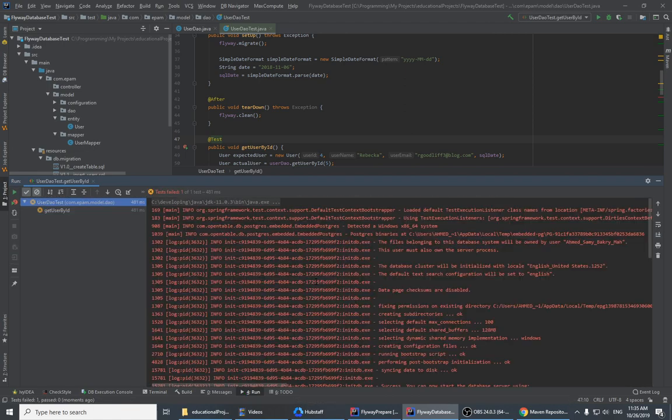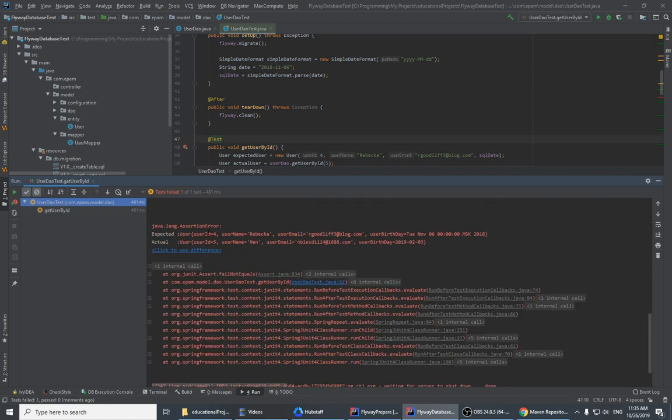Oh, test fail. Now I need to check why my test failed. Expected user ID is number 4, but actual user ID is number 5. Also, the name is not the right name between them. So nothing is correct here. Nothing at all. So now it's time to check